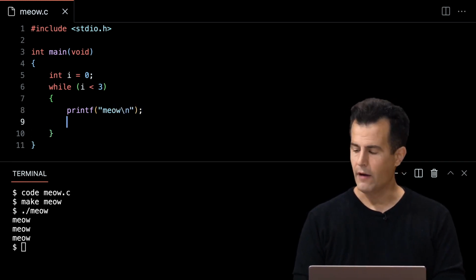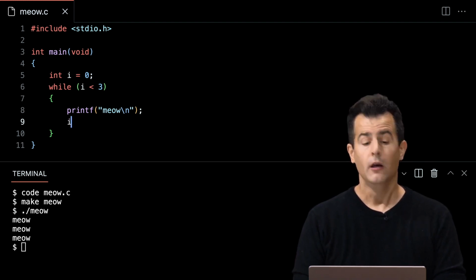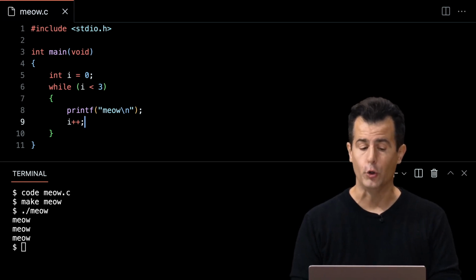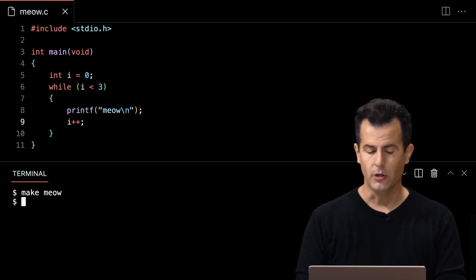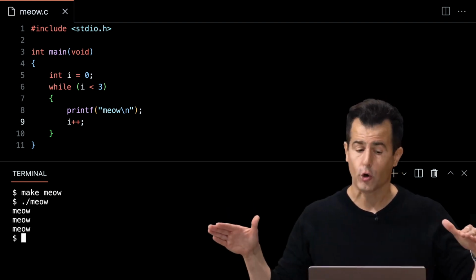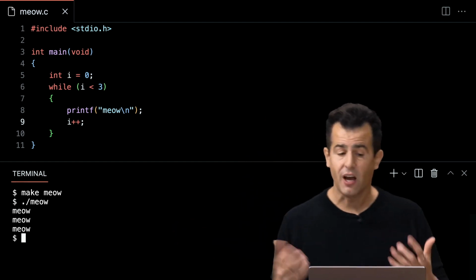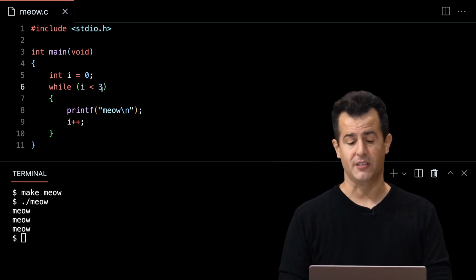And then we have to do I minus minus or plus plus? So plus plus, because we're starting at 0 and going up to, but not through, 3. So let me go ahead now and make meow after clearing my terminal, ./meow. And it's still just as correct, but it's a little better designed. Why? Because now if I want to change it from 3 to 30 times, for instance, I can change it